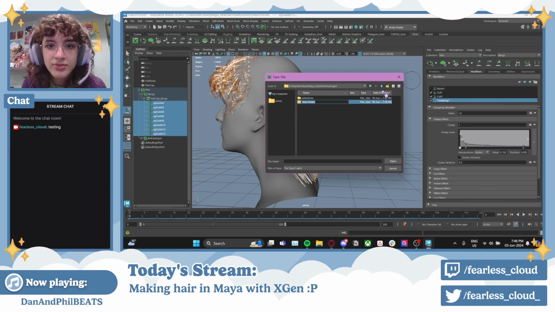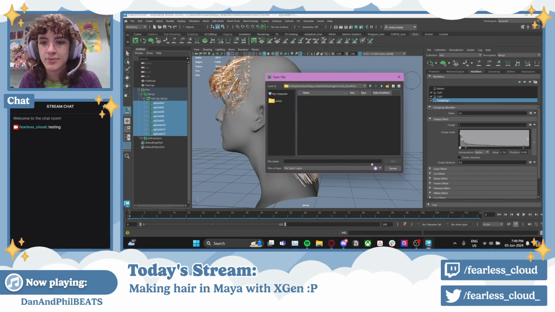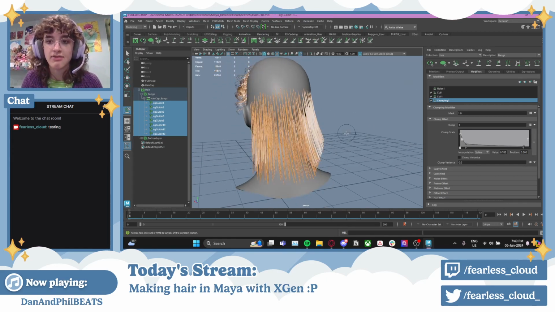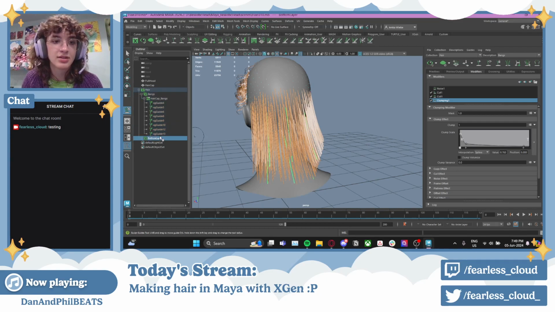XGen, make a new folder called Modifiers. I'm gonna capitalize it so that I know that I made it. Maybe I'll also put my name in front so I know I definitely made it. Clumping. Call it clumping 1 just in case. Save that, and then